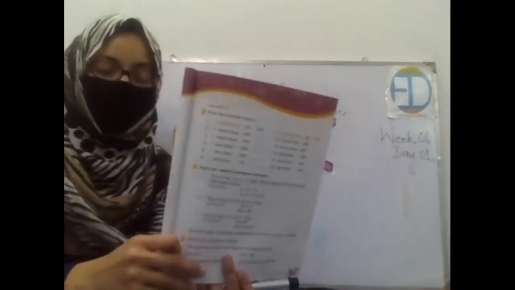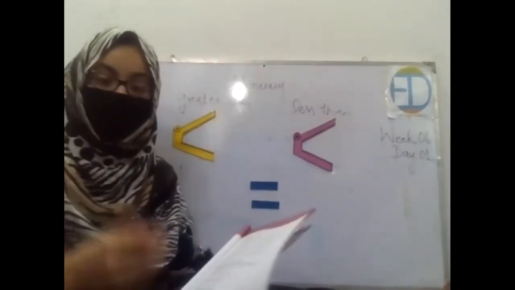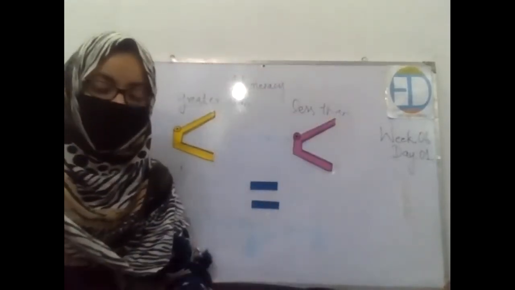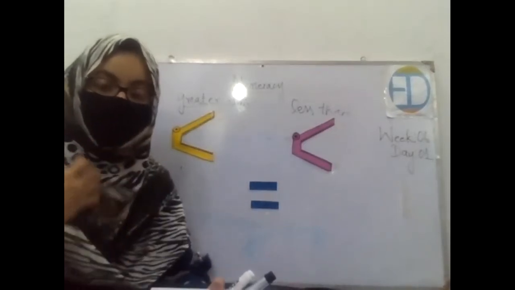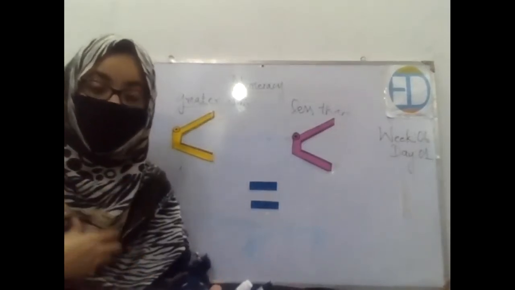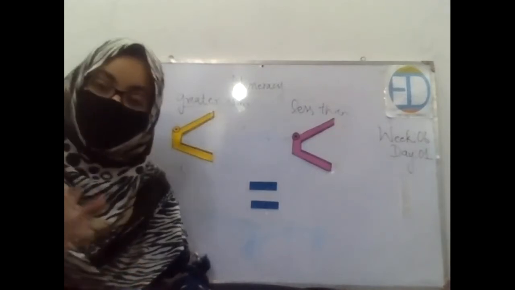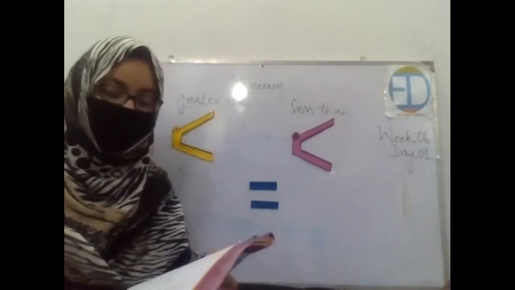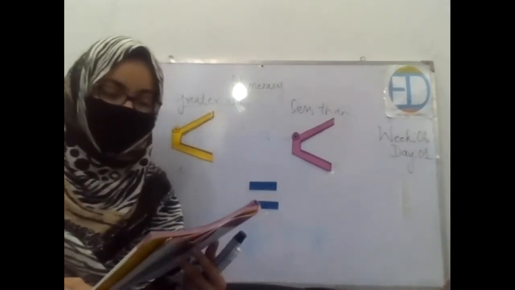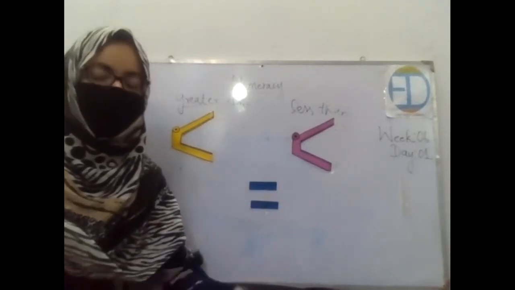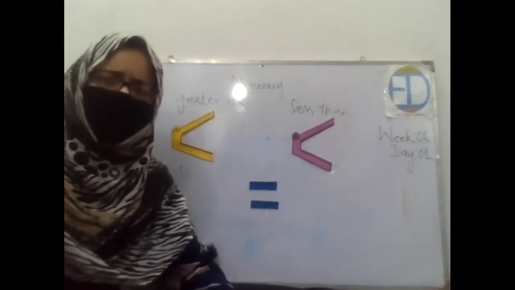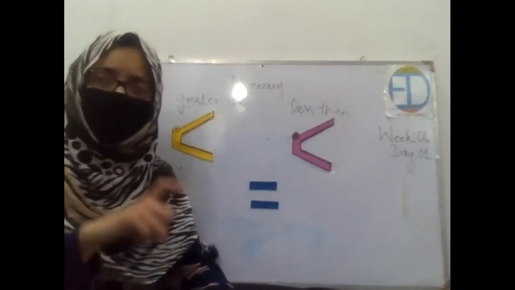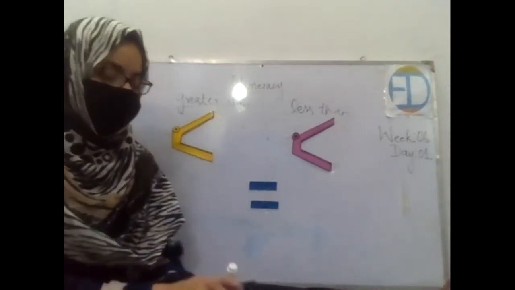So now open your book, page number 25. Remember, we were doing some practice exercises related to whatever we have done so far, right? So this is another practice exercise. Up till now we are revising the topics which you have already covered in your previous grades. This is also one of those topics. The very first question says: give the number that is one more than. In this you are supposed to give only one greater number. Whatever number is given to you, we will add one to it and then tell the next number.